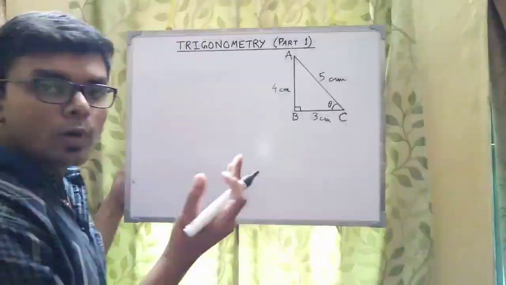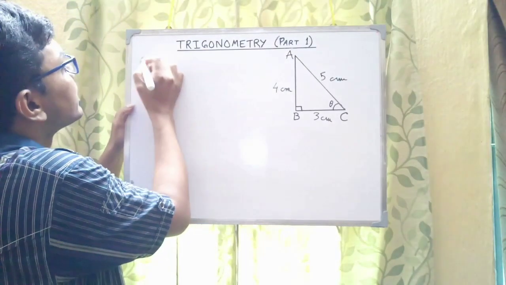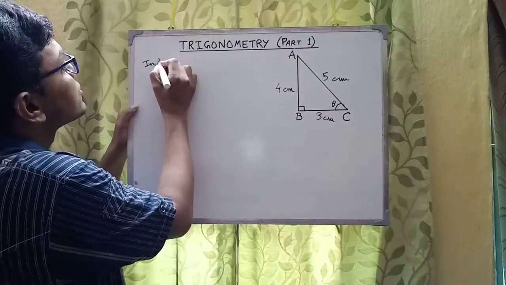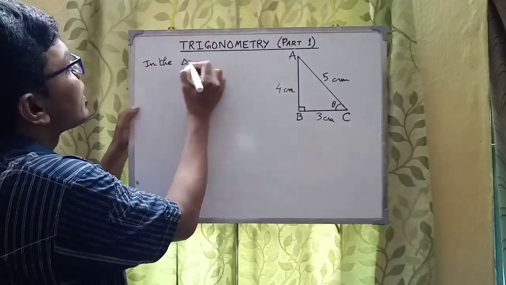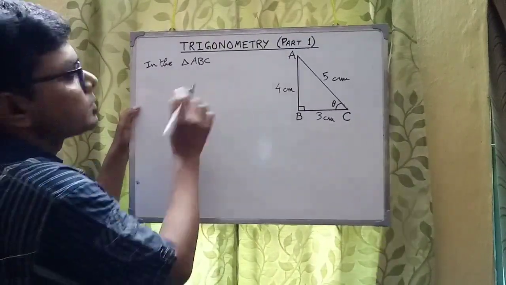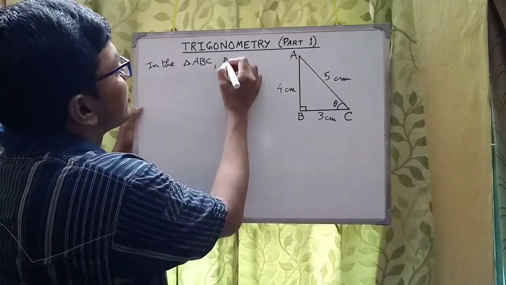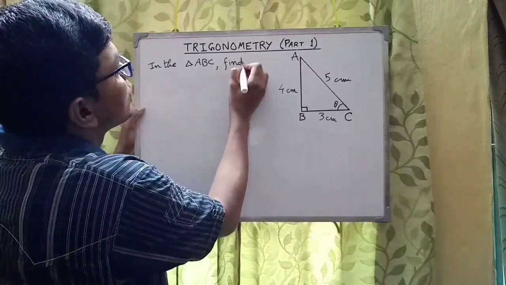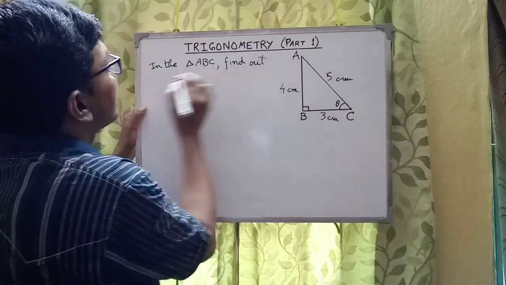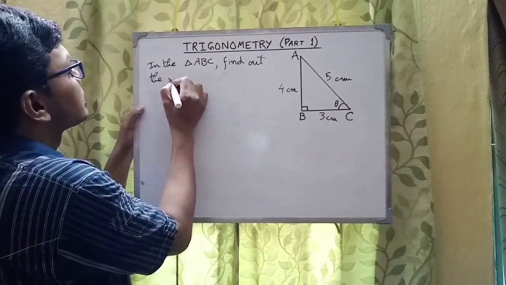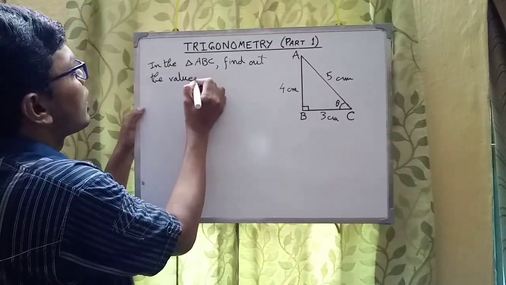Now let me give you one simple problem. In the triangle ABC, find out the values of